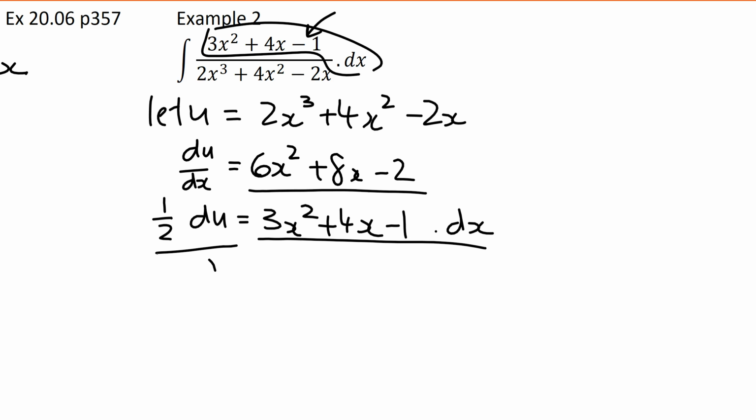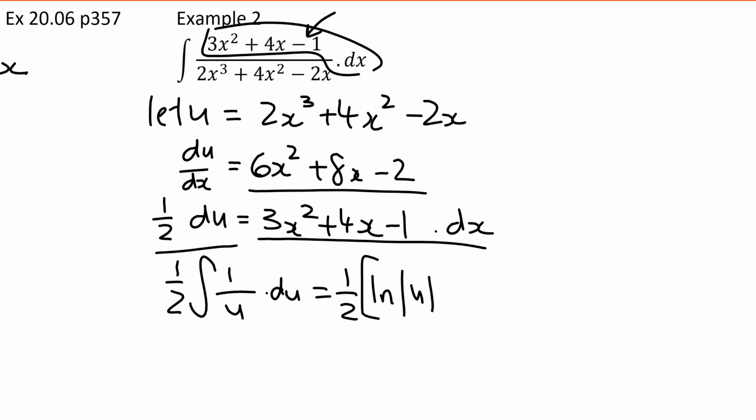And so that's where I've done, take the half at the front because that's where I'm going to find it easier. 1 over u du, which is the same as 1/2 log u plus c, which is pretty much exactly the same answer as the previous question, but with it looking